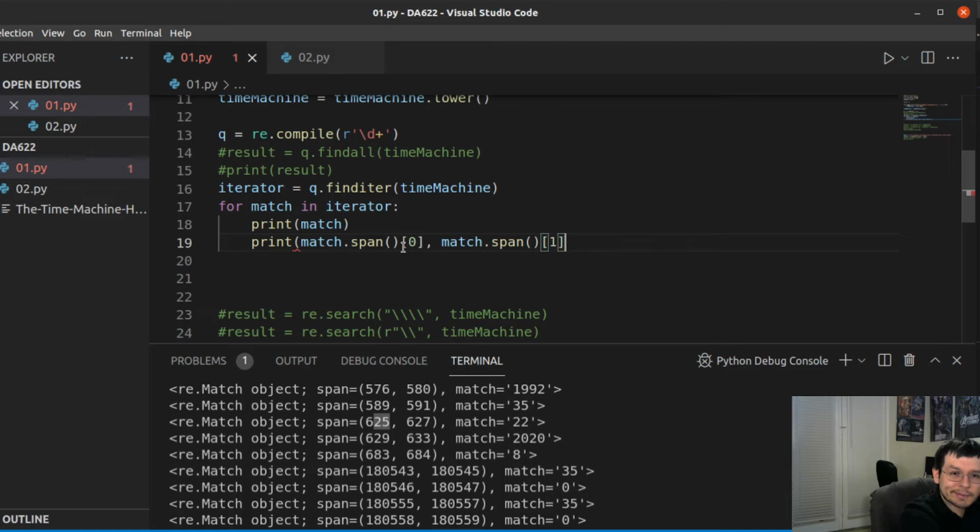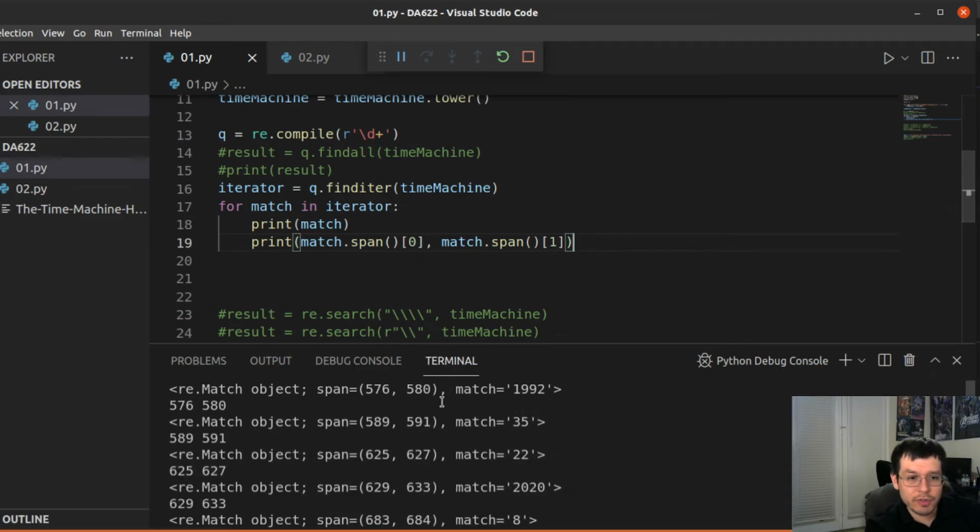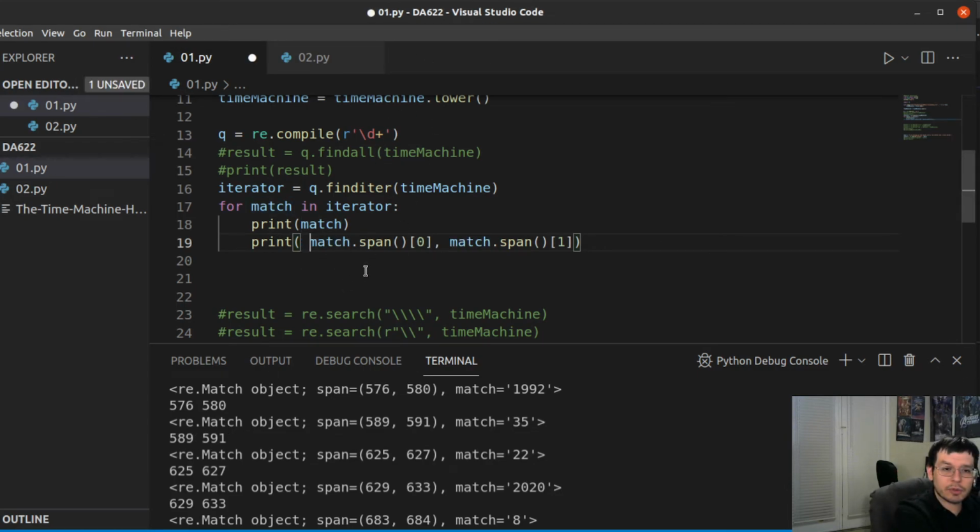Like that. And in theory, this should print out the two numbers. Let's just make sure that's going. Yep, that is correct. 589, 591. Yep, okay. So now that I know that works, all I'm going to do is